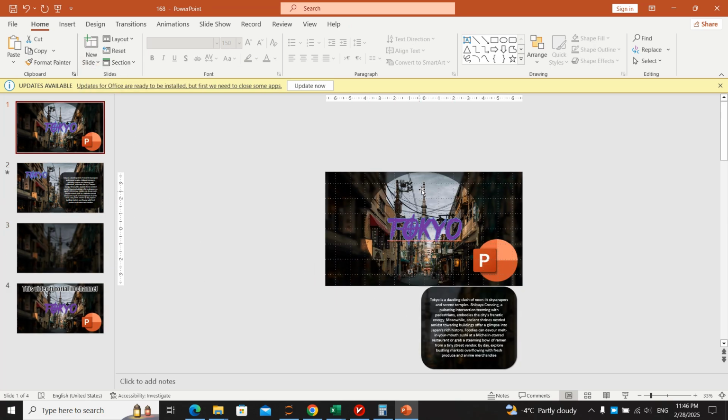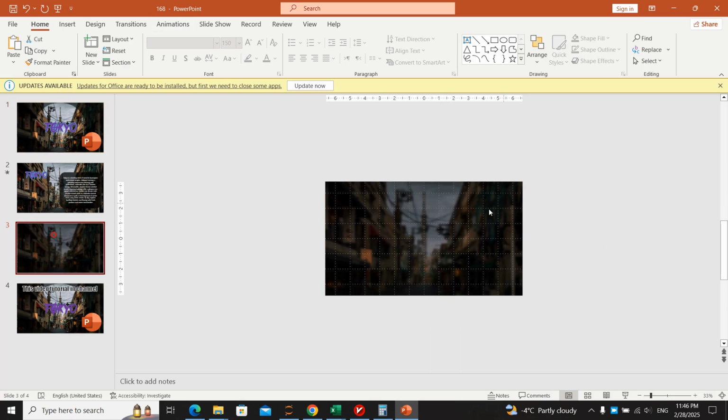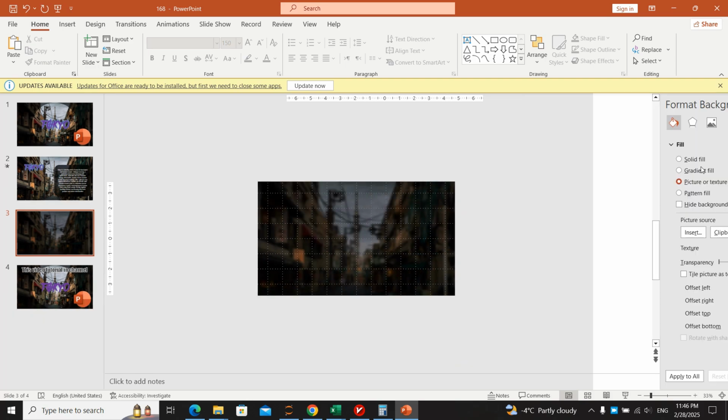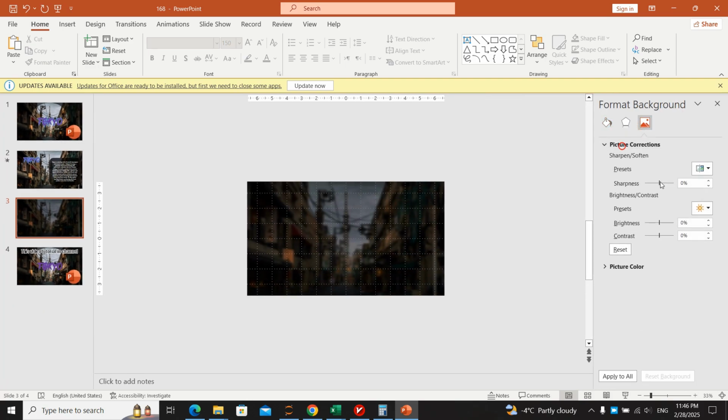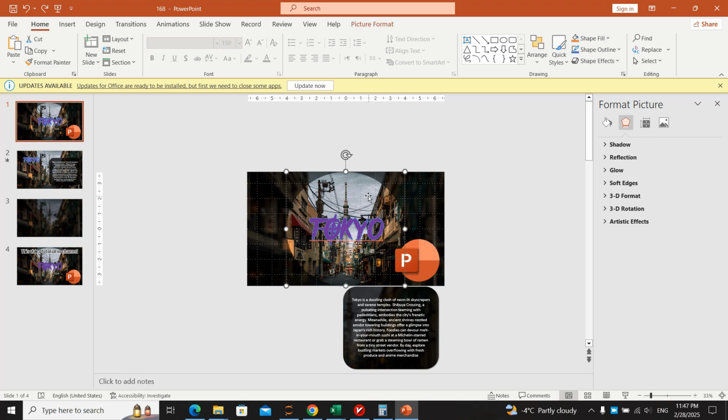You see, the real problem is that we set the background to the shadow types and not the foreground. We can change it and we are going to do it now. We are going to use the background, format background. We have the background and go to picture correction. You can set the sharpness to low or the brightness for the background picture to be something like this. After doing that, we need to copy the picture